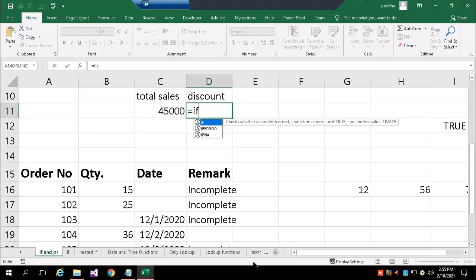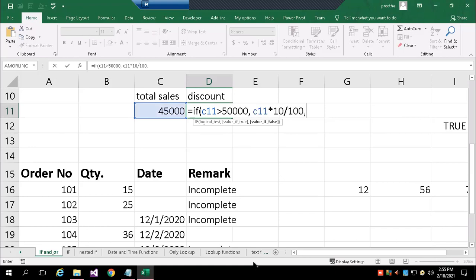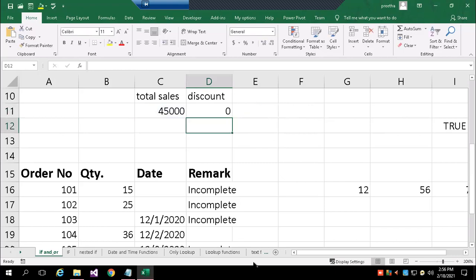IF C11 greater than 50,000, then on C11 I want to give 10% discount. Else I don't have any discount, I'll just write zero. Why is it coming zero? Because it is not greater than 50,000. If you give more than 50,000, then the discount will be 10% on this.